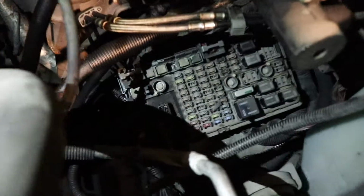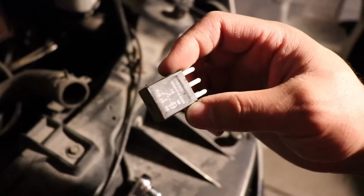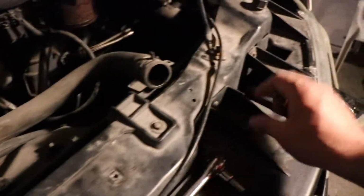So got some of this. Got that little air intake, the coolant reservoir or whatever, we got that off. And now had to come in here to the fuse box and took off the fuel pump relay. I don't know if you can see right there. Sorry, I'm holding the phone, but it's right back there where this fuse is, had to pull it out. This little fuse, had to pull it out, and now